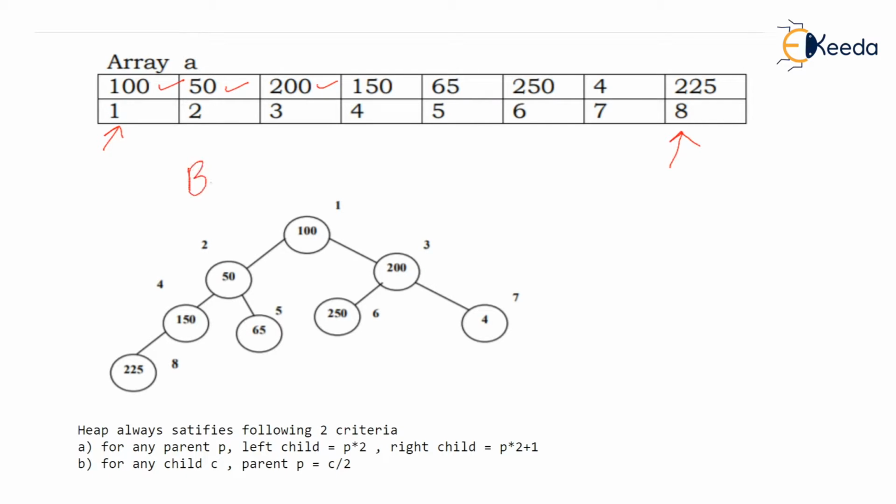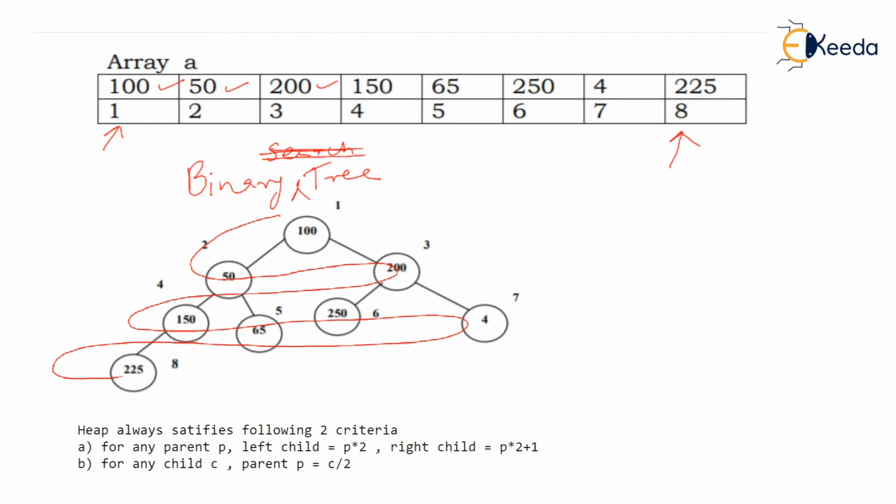What I have drawn below is a binary tree, isn't it? And all these values are sequentially added in this binary tree. Now just be careful, this tree is not a binary search tree. I have not used that word. So we don't have the rules in this binary tree like lesser values should go to the left of the parent and larger values should go to the right of the parent. We don't have these. In this binary tree, which is not a binary search tree, we have just added all the values in sequence from left to right.